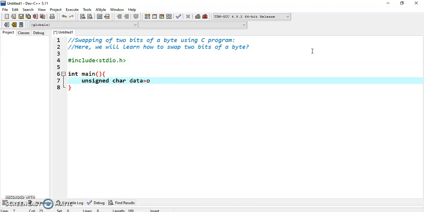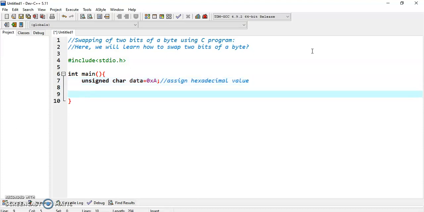Firstly we will take 0x a, which means assigning a hexadecimal value.